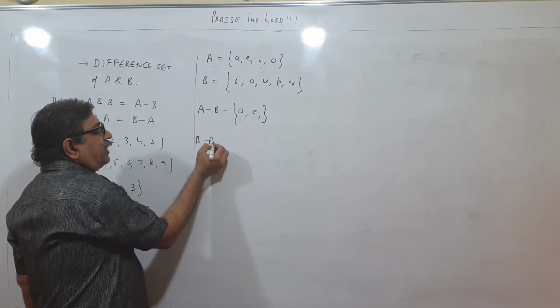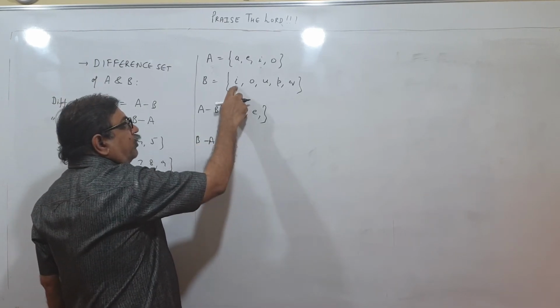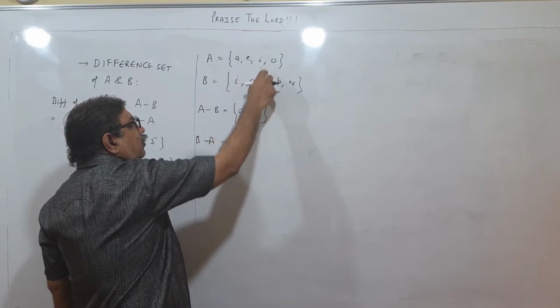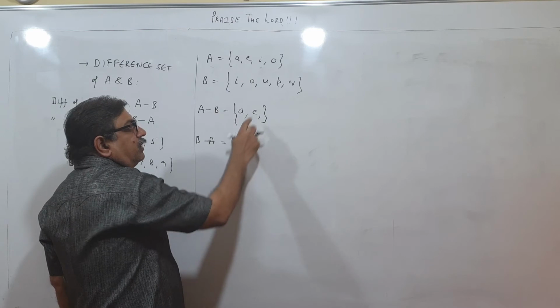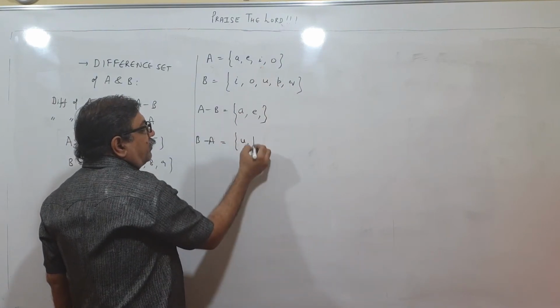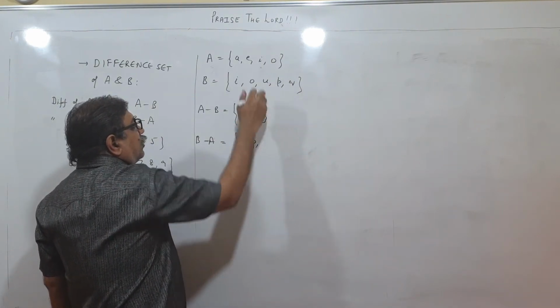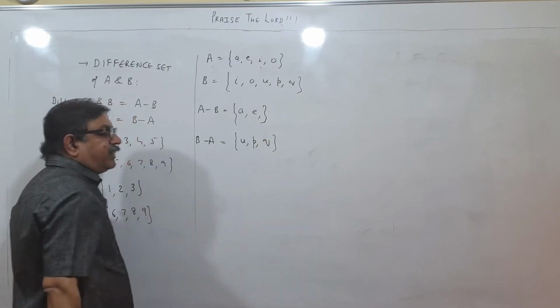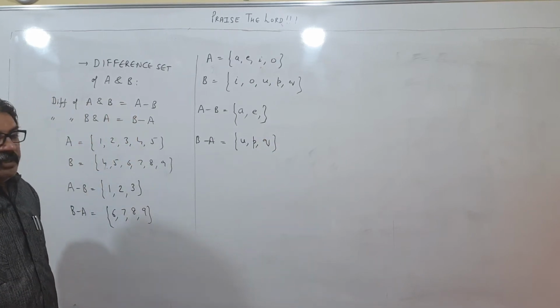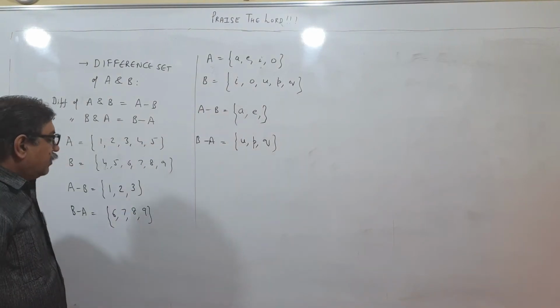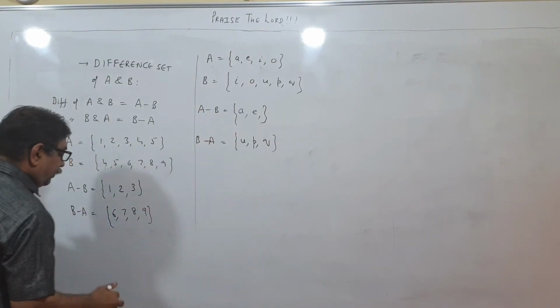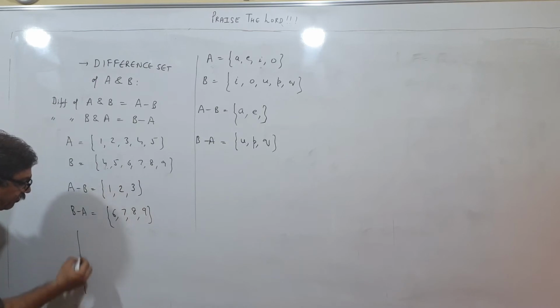And then if I want B minus A, I look at here. I cut out, O cut out, U present here, not here, so U will remain with me. P is here but not here, it will remain with me. Q is here, not here, so Q will remain with me. That way I get A minus B and B minus A. Now children, if we make a Venn diagram of this and this, supposedly, let us see if I draw a Venn diagram of both the sets.